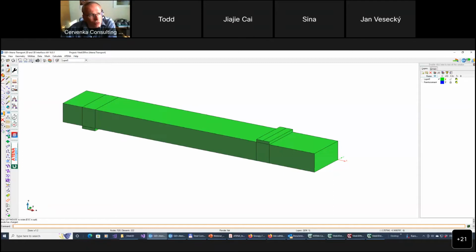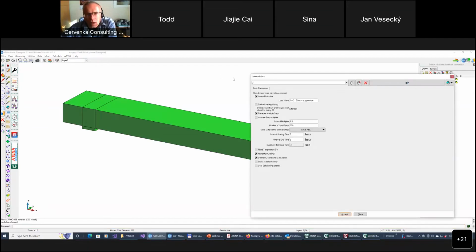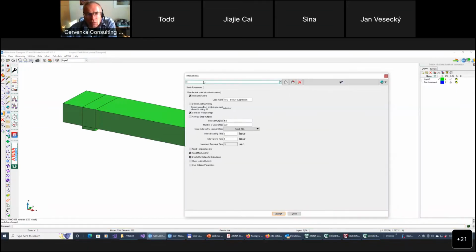Well, let's have a look at the loading history. The loading history is seen by this little clock, which says interval solution. And in this interval solution, we define interval data. As you see, in this case we have four intervals in our model. And they are used to divide the analysis, or the time of the analysis. So if we activate the first one,